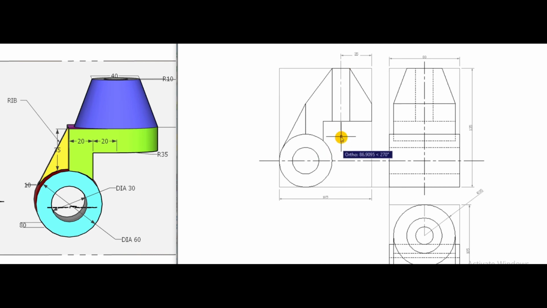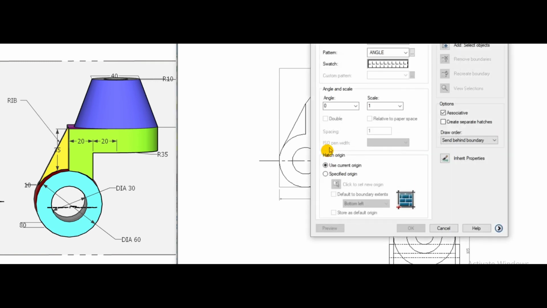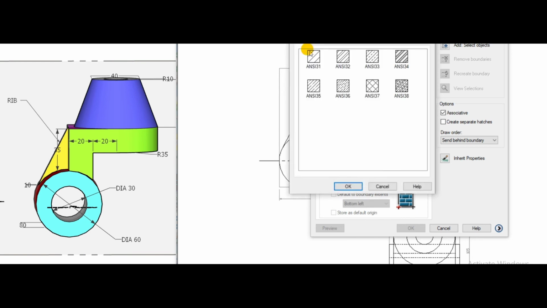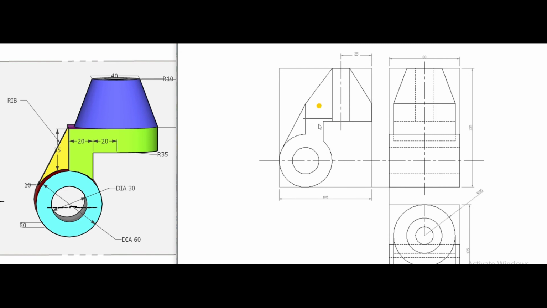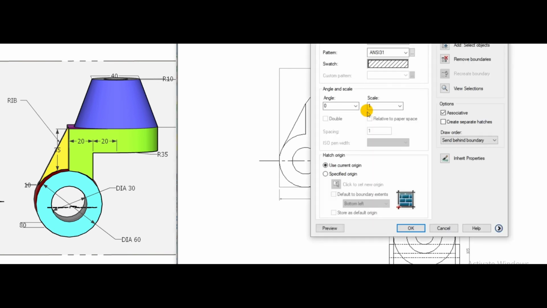Now when we are drawing the section, this inside portion is also not visible. So draw this here.